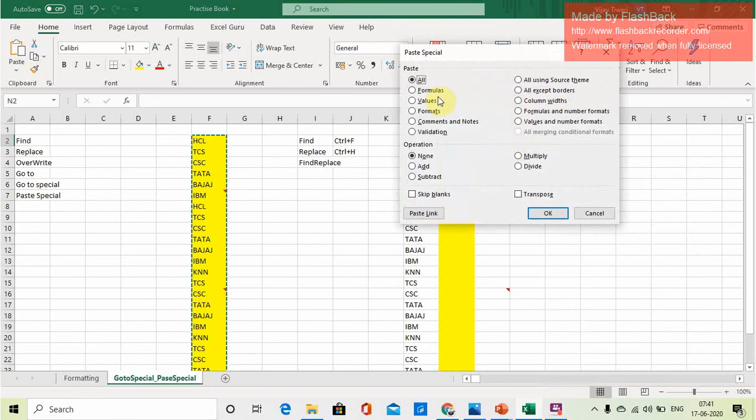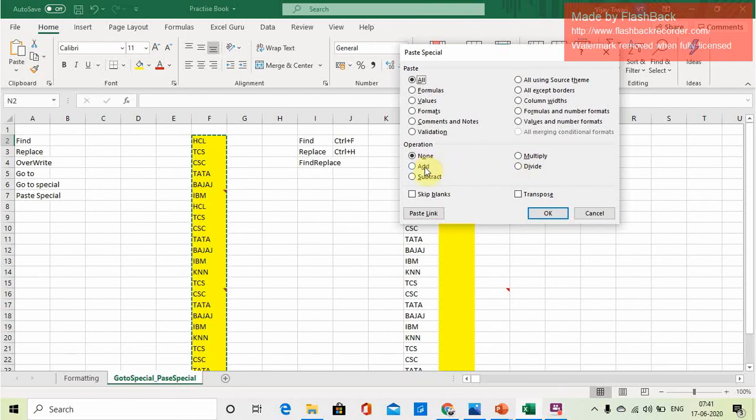These are very useful. This way we can use the formats. We have used validation. If you want to copy only the validation, we can copy that. Formulas, if you want to copy only the formula. All these features we can use. These are very important if you work day in, day out on Excel, they will be very much required. Okay, let's come to the operations. What are these operations? So guys, this is very important.